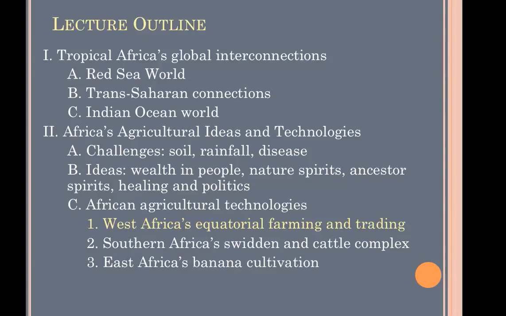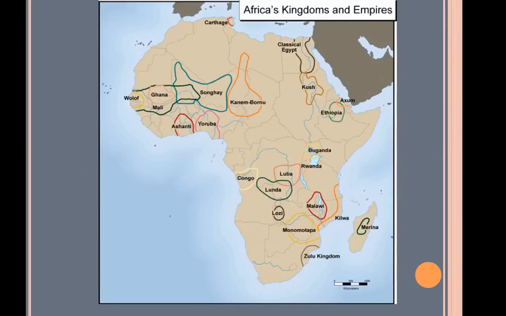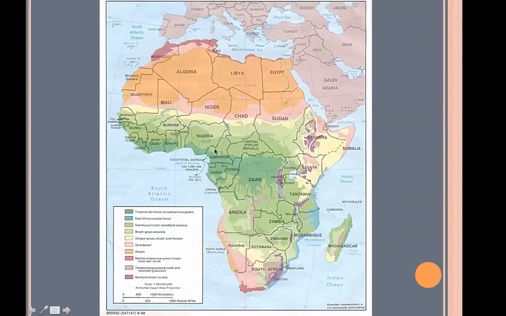And to wind up this lecture, I want to go through a few African agricultural technologies, just to reiterate some things you've learned in Gilbert and Reynolds, and to introduce you to a few things that might not have been as well covered. So, if we look at West Africa, especially in the regions where there's dense rainforest, there are a few important agricultural technologies. You read about the importance of yam cultivation in this region.